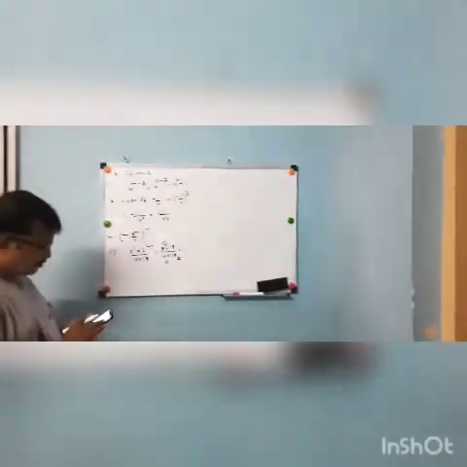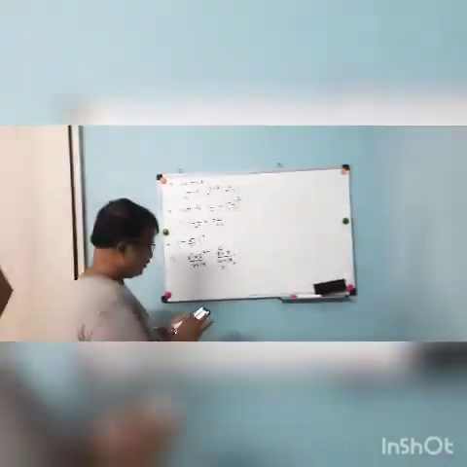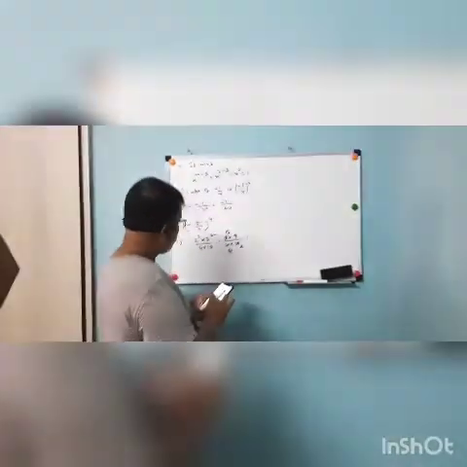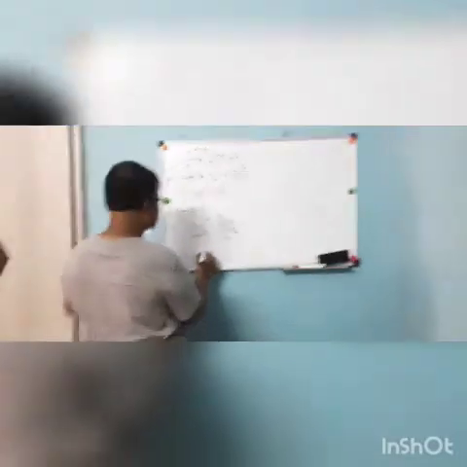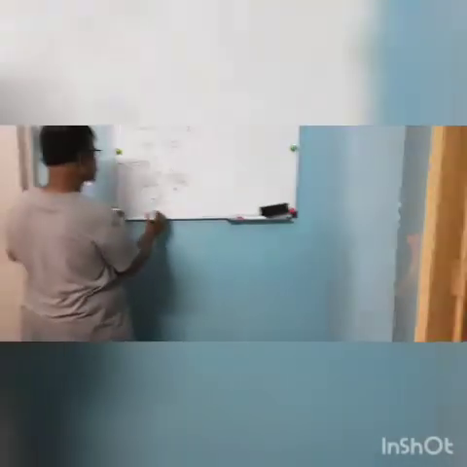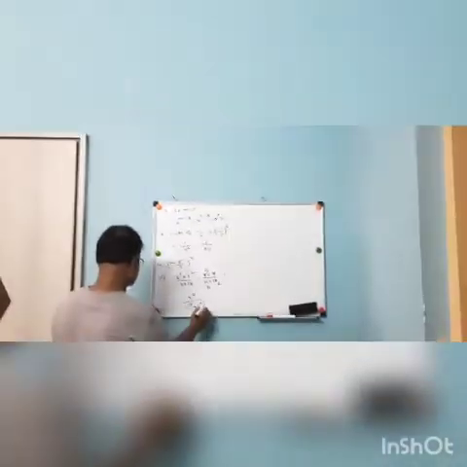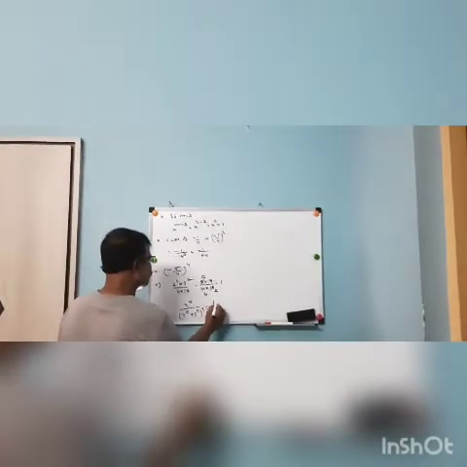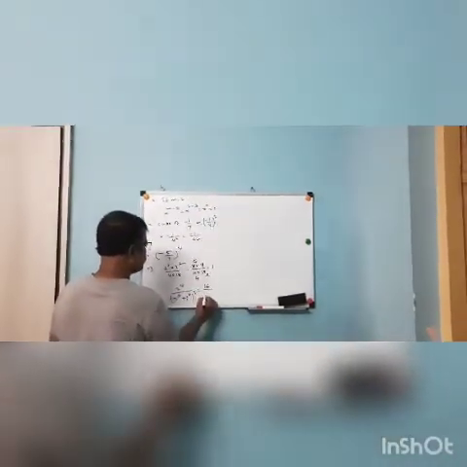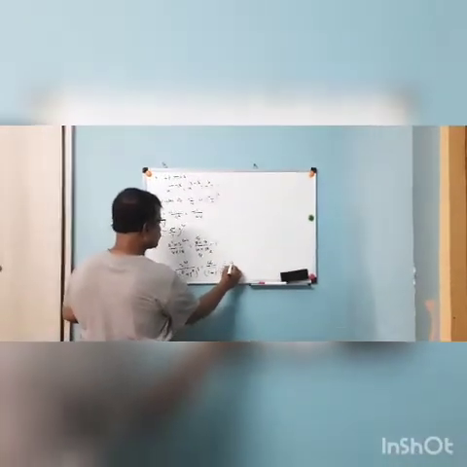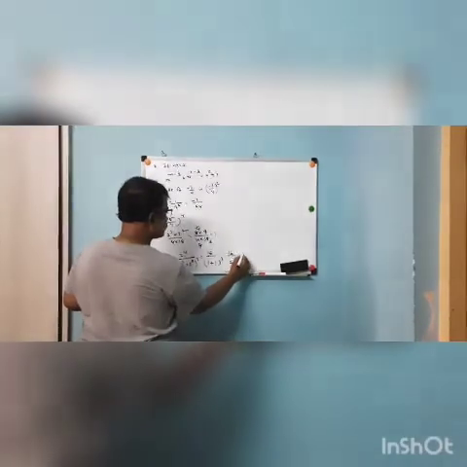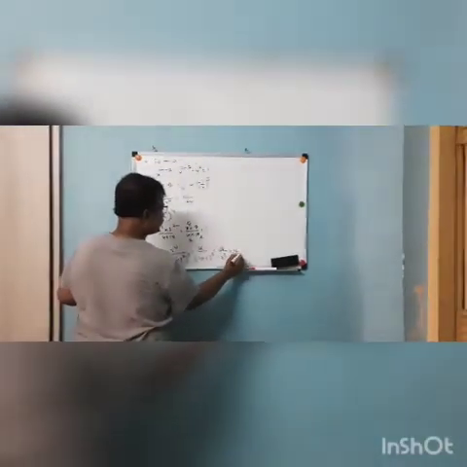It is not equal to 1, so I think option 4 is right. The 11th one, fourth option, is 2 power 4 by (7 power 0 plus 3 power 0) whole cubed. 2 power 4 means 16. 7 power 0 is 1, plus 1, cubed. So 16 by 2 cubed, which is 16 by 8. That is equal to 2.